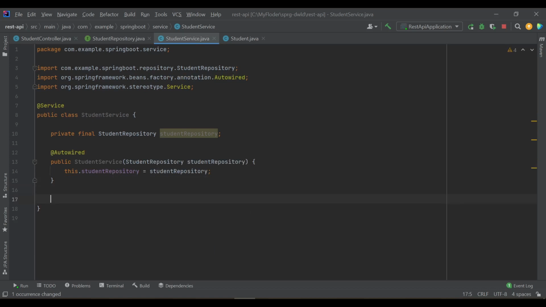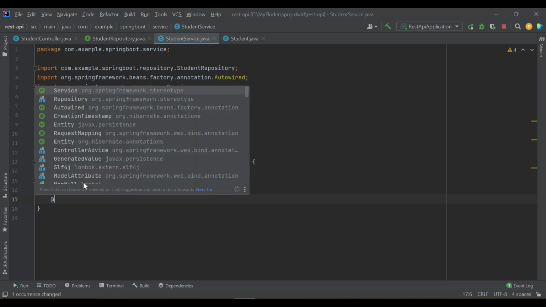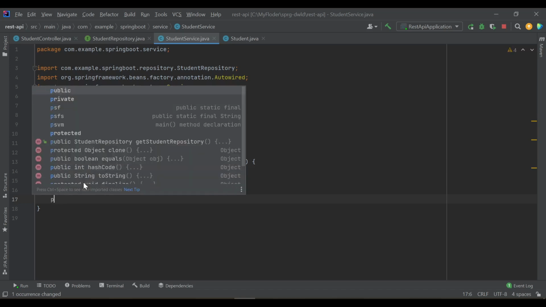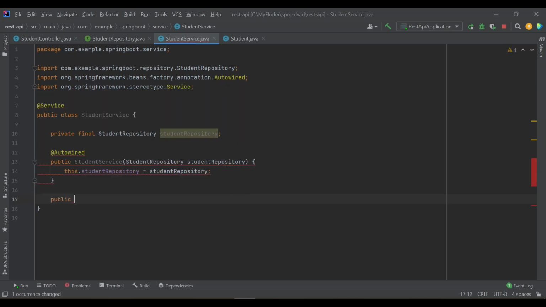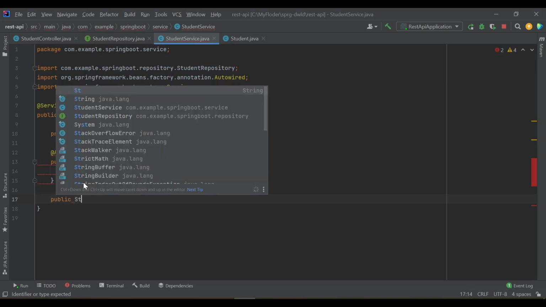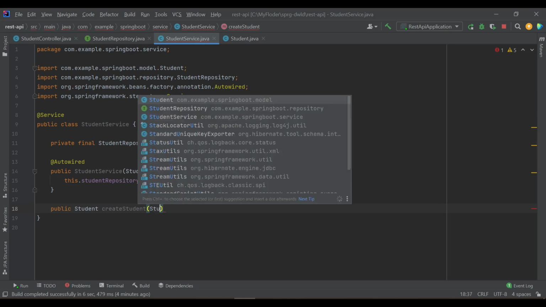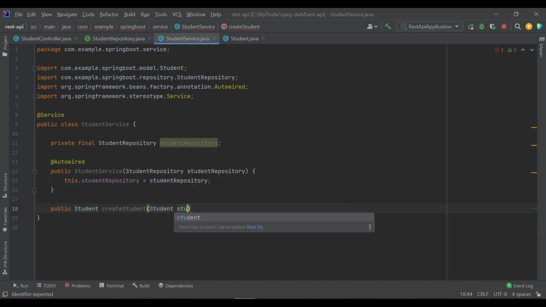Okay, so next thing we need to create, right? So we'll create all the service layer methods like create, read, update, and delete, all those things. So let's do first public, and I will return a student, create student, and I require a student object.